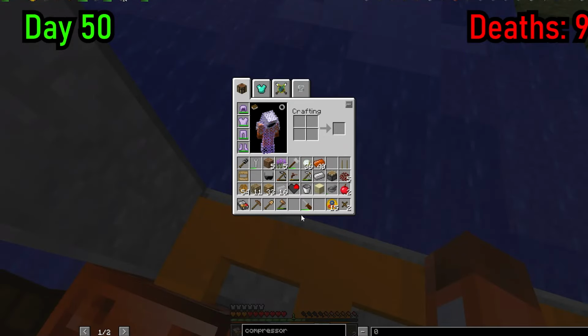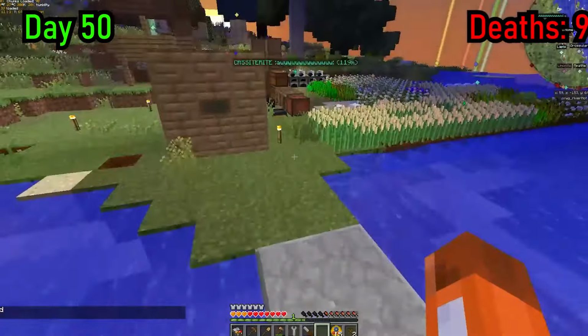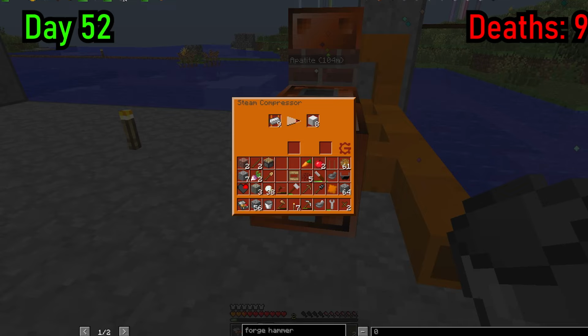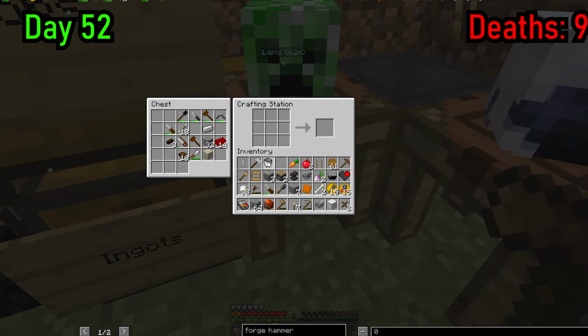It compresses 9 ingots into blocks. Yes, that's right, you can't make blocks of iron in the normal crafting table. It literally took me 12 hours to get here. And after using the compressor, I was able to make an anvil, which will be used in the next machine, the forge hammer. It turns 3 ingots into 2 plates. Before this, I had to